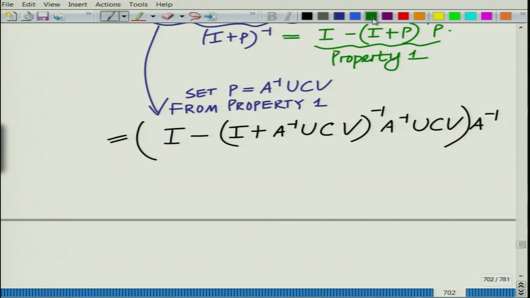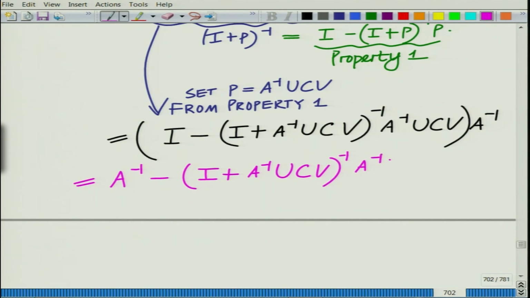Therefore, now I can write this as A inverse minus (I + A inverse UCV) inverse A inverse UCV